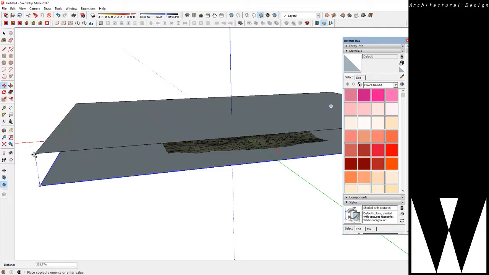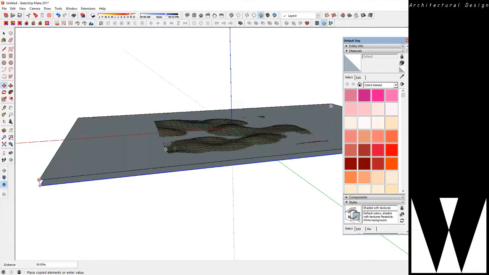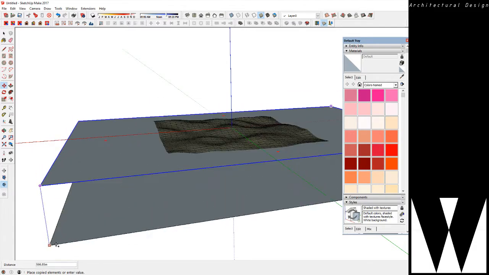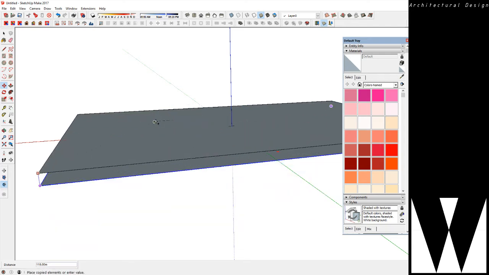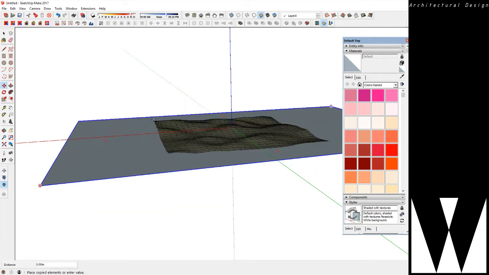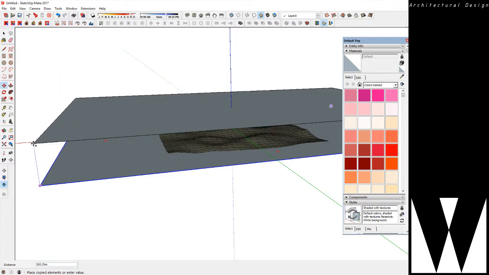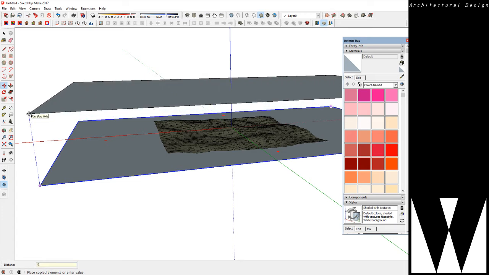I click, move this higher, go move to the highest point here, which in this particular thing says 115. So that's 115 meters above this point. So let's just take it to 120. So I'm back on the blue axis, 120, enter,